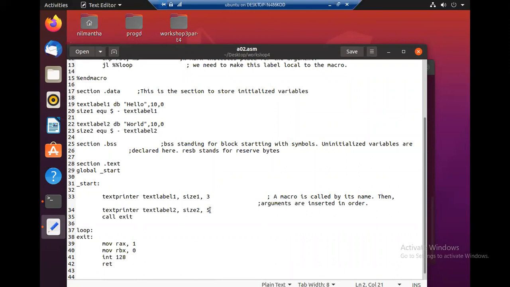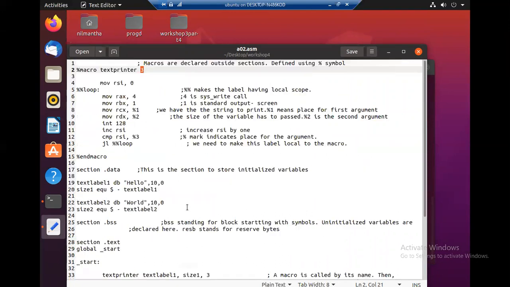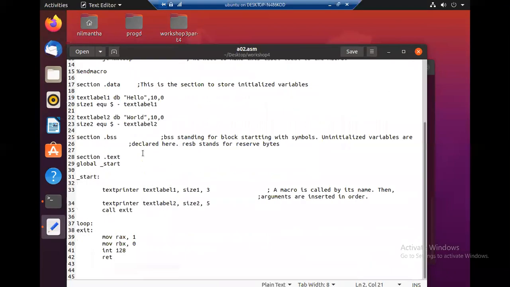So I just called the same macro again with different arguments to show how easily you can use a macro, even in a low level programming language like assembly. By using macros, you can make programming in assembly languages easier. You can define a macro and do all the low level instructions inside that one, and inside the main text you just have to call the macro, just like a high level library.